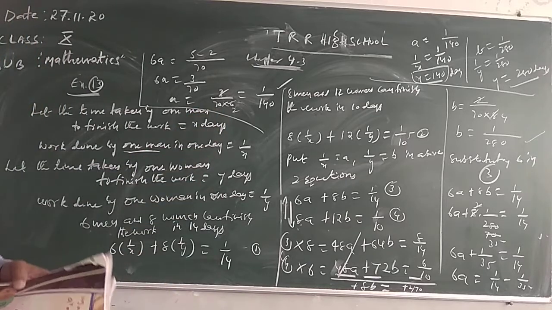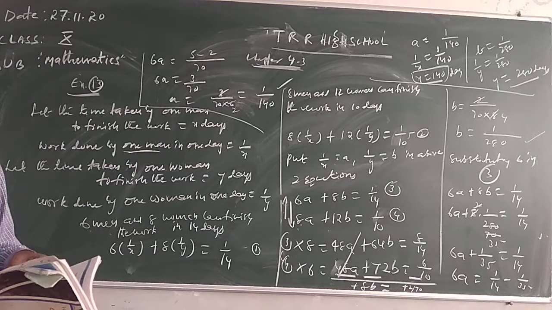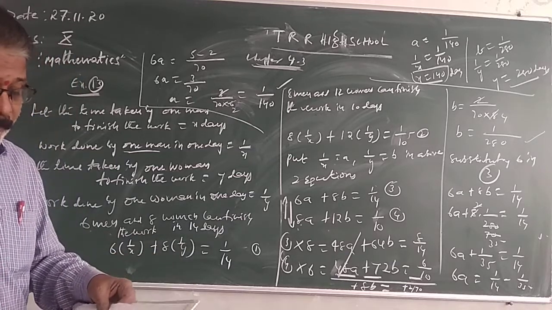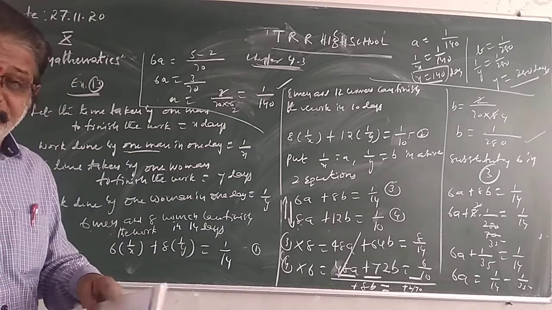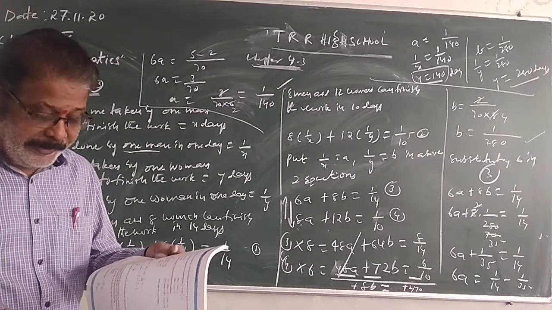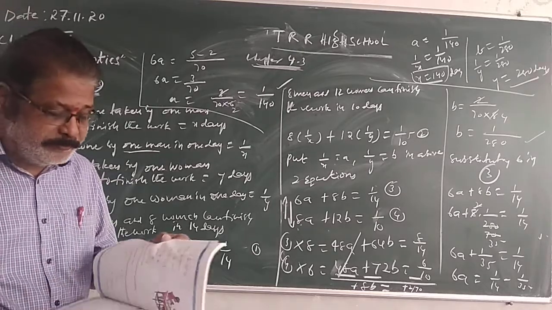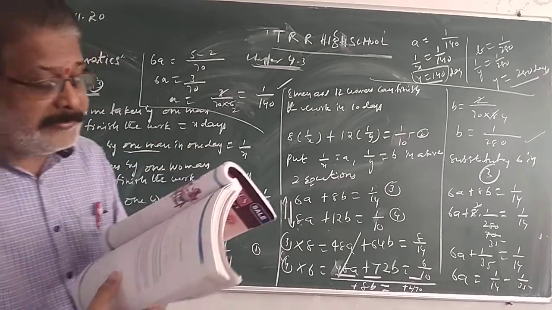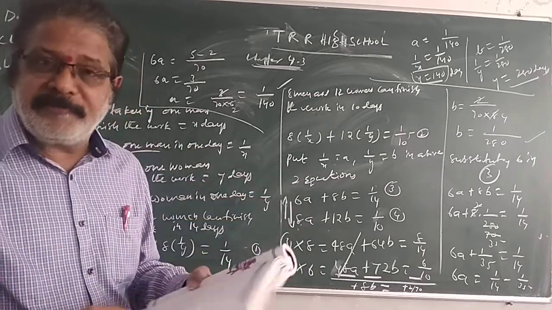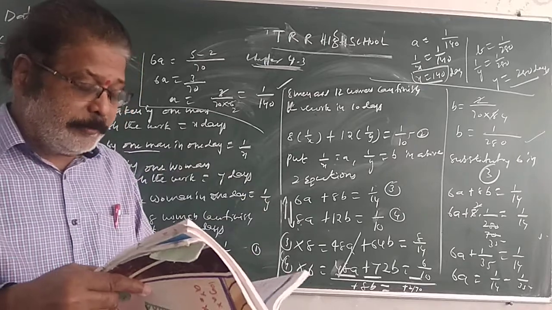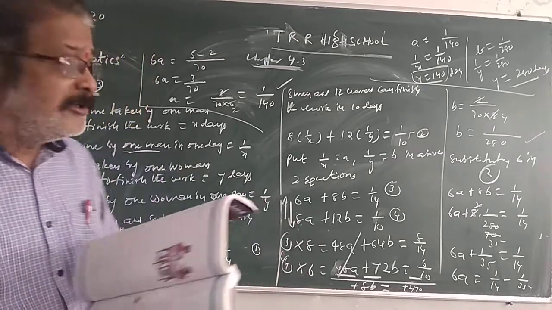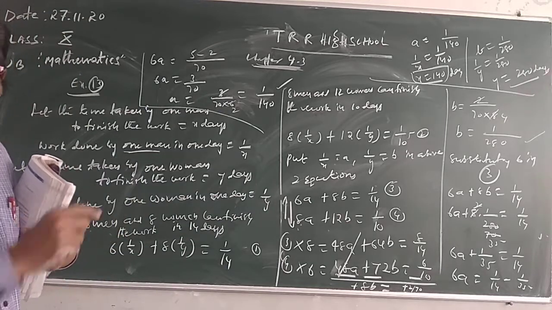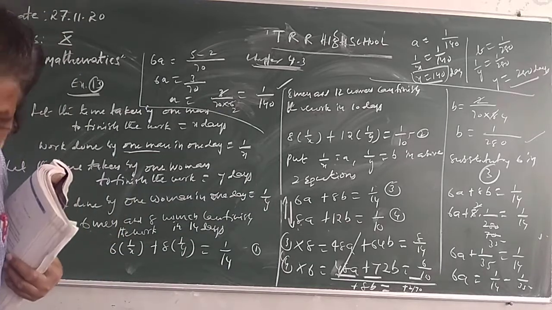This is how to solve the problem, children. I hope you clearly understood, and also I hope that you are enjoying watching this video. Okay, I'll go for the next problem. Such problems in exercise 4.3, second bit, there are 3 bits. You can complete it. So one more problem I'll explain in exercise 4.3. You might have copied this. I'll go for the next problem, children.